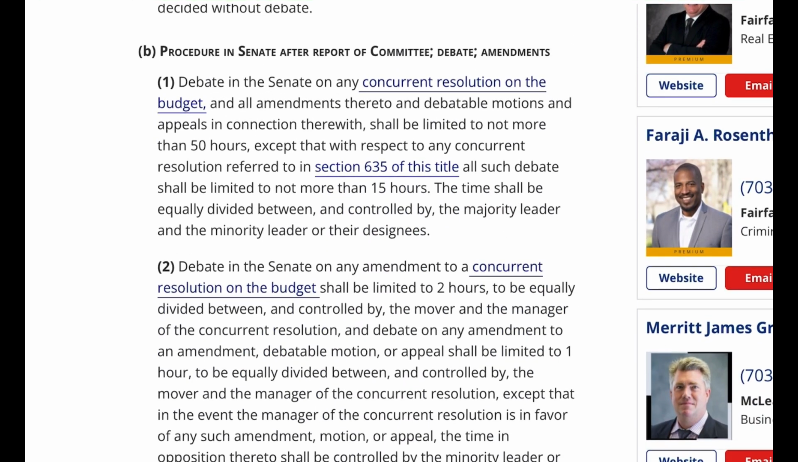Debate. Amendments. 1. Debate in the Senate on any concurrent resolution on the budget, and all amendments thereto and debatable motions and appeals in connection therewith, shall be limited to not more than 50 hours, except that with respect to any concurrent resolution referred to in section 635 of this title all such debate shall be limited to not more than 15 hours. The time shall be equally divided between, and controlled by, the majority leader and the minority leader